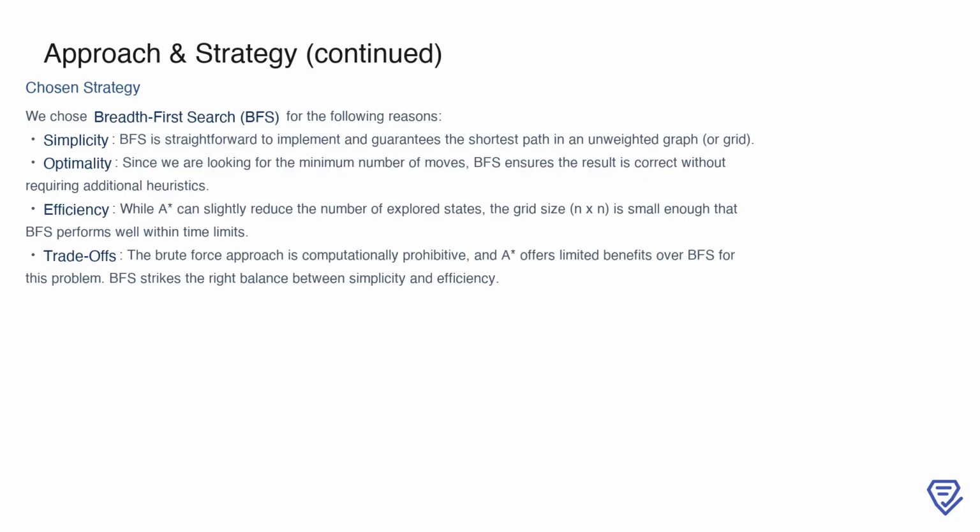BFS stands out for its simplicity, as it is easy to implement and guarantees correctness by always finding the shortest path in an unweighted graph like our grid. This makes it an ideal choice for a problem where the goal is to minimize the number of moves. Its efficiency is another key factor. While A* could marginally reduce the number of states explored, the grid size is small enough that BFS runs